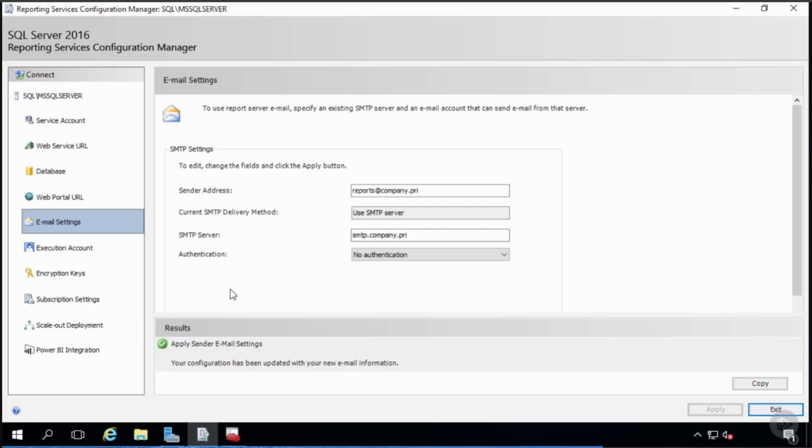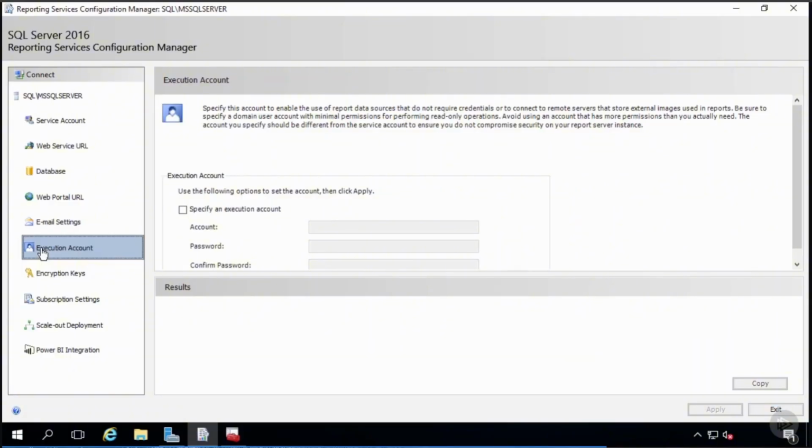So far, most of these are relatively self-explanatory, except for perhaps this execution account, which exists right here in the middle. This execution account is here in order to provide read access to the database for performing really the collection and generation of reports. We already have a read-oriented Operations Manager account that's designed for the data warehousing database. That's our OM read account. And that account has the necessary permissions already on the database to be able to do what we need to do here. So for this, let's actually configure our execution account to be that